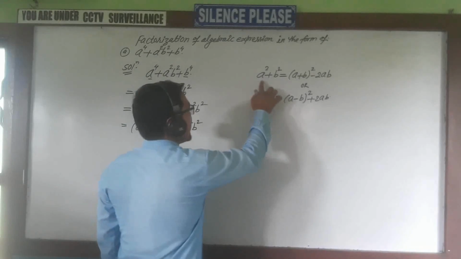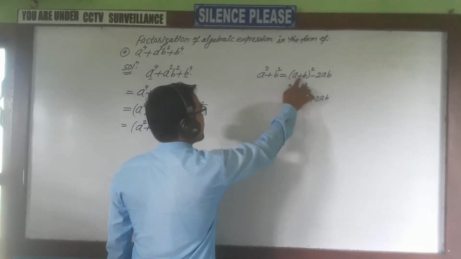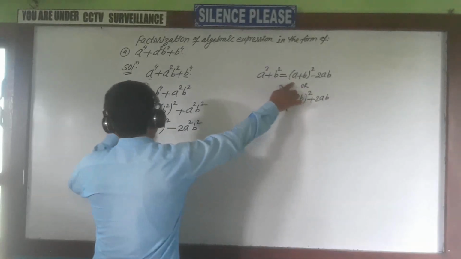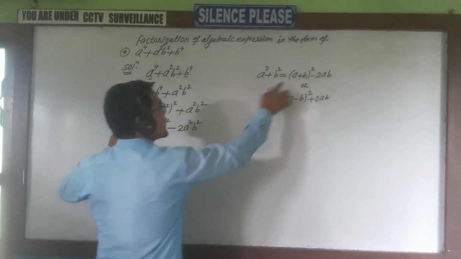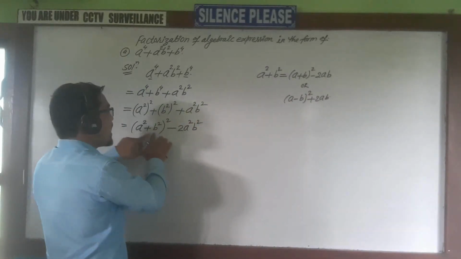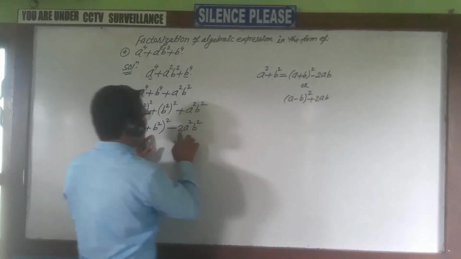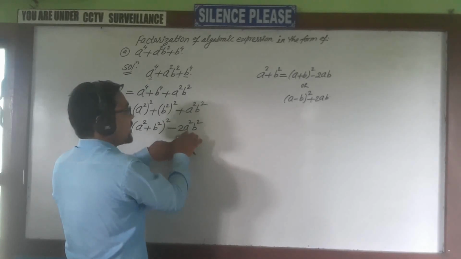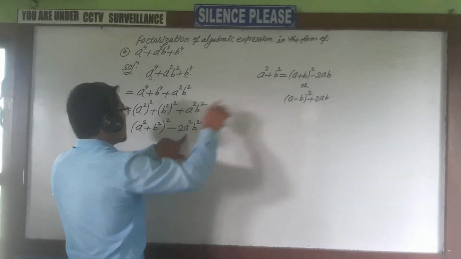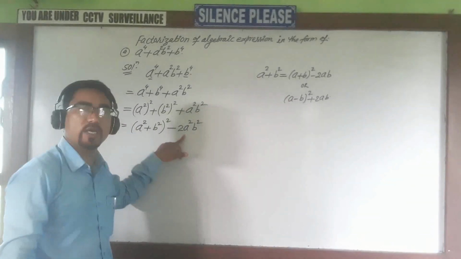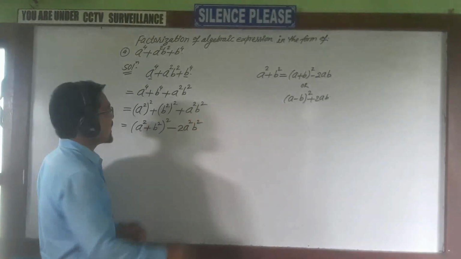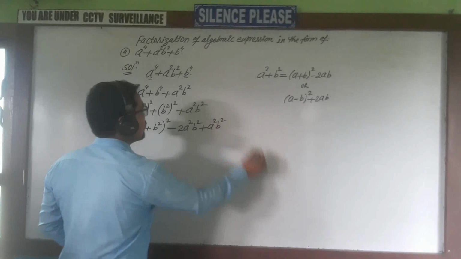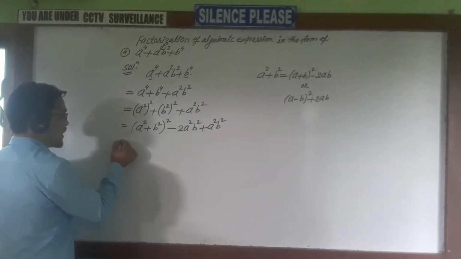Like that, you know, a square plus b square is equal to (a plus b) whole square minus 2ab, where in place of a we are writing a square, in place of b we are writing b square, and here are 2 from the formula and ab. A represents a square here, so in place of a we write a square, and b is equal to b square. In this way we can do it. Then this last term we have to put as it is. This a square b square we have to put as it is.